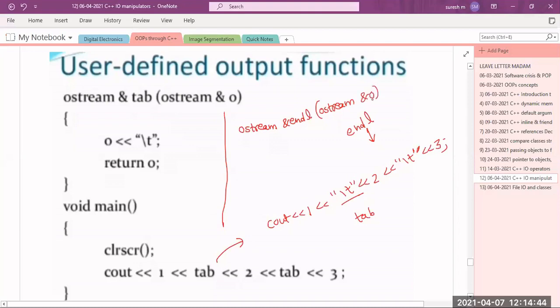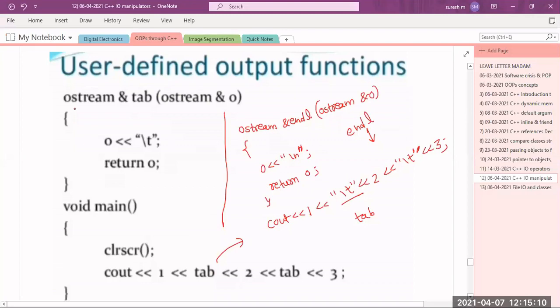So I will write ostream& wo, and here I will write wo << "\n", and after this, return wo. So whenever I am using this endl, automatically it will come to this one. Within this endl we have written this \n. So indirectly endl is nothing but a manipulator which is doing this. All of it clear, right?